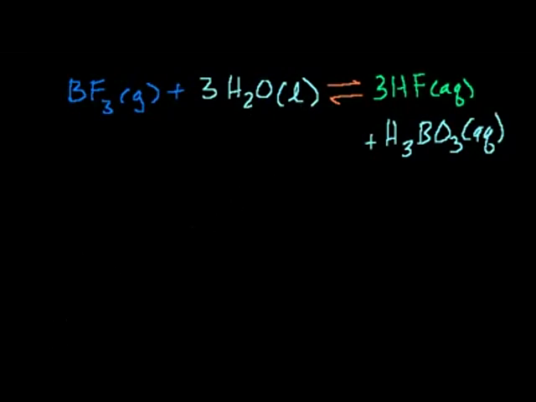So you might be tempted to say, okay, that's easy enough, Sal. You just take the equilibrium constant. You just take the right hand side. That's just the convention. I could have rewritten it either way because there's symmetry here. But let's just say you take the right hand side and say, okay, this is dependent on the concentration of the hydrofluoric acid, the concentration of the HF, or the molarity of the HF to the 3rd power, times the concentration of the boric acid,